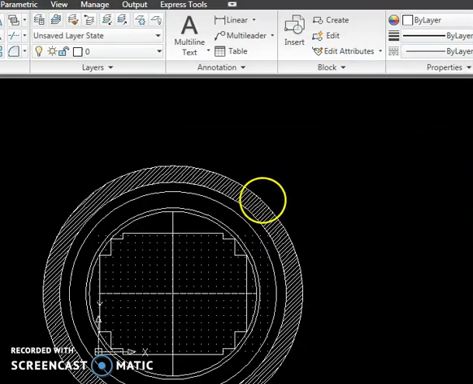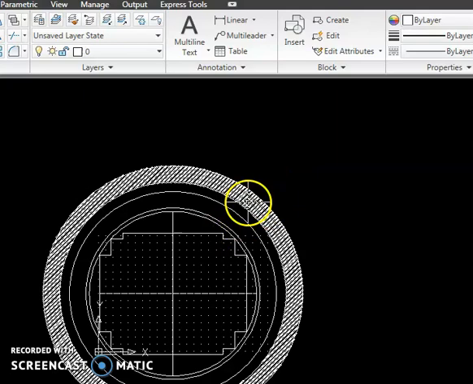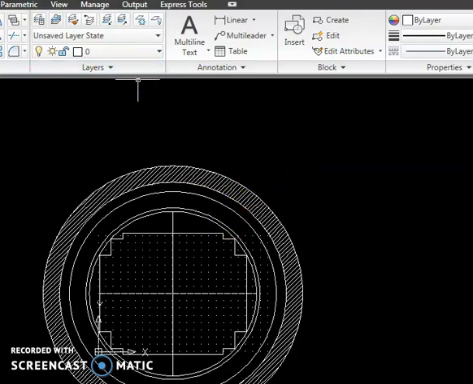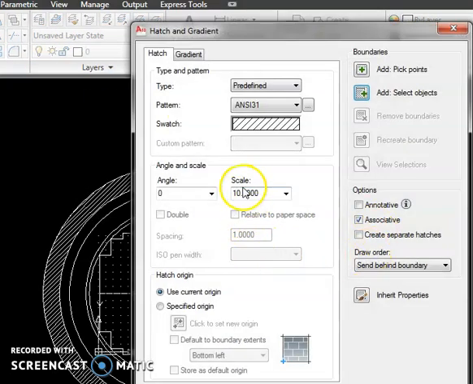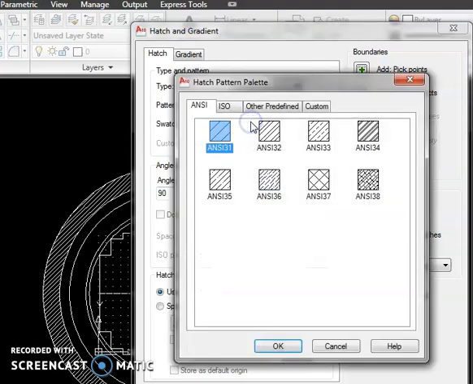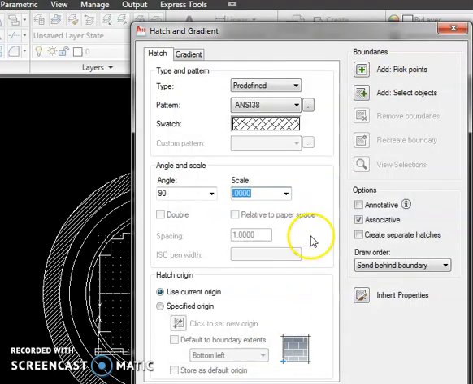Okay, so LV winding and HV winding, let it be in different directions so that you are able to understand, or else if you keep the same, also no problem. Different hatch, you can change the hatch pattern. See here, you can change that pattern also. I'll put this pattern, no problem. Scale, I will put as some 30.